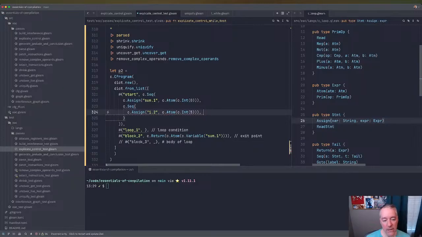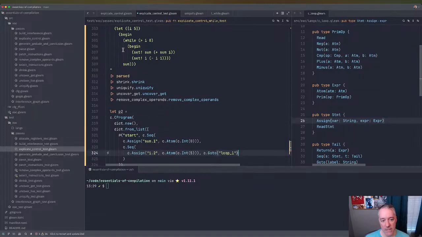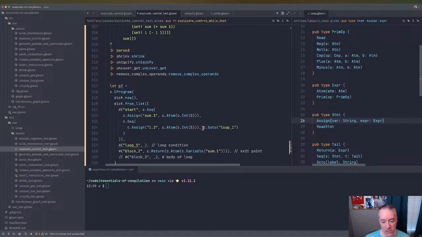Okay, so now we know that this is after you've assigned I, right? We want to go to loop 1. So that's the entry point of the loop in our program here. We have let sum 0, let I 5, and then the begin expression, which the very first thing it contains is while. So we should get a go to loop 1. Okay, so here's the loop condition, which will be a cif,